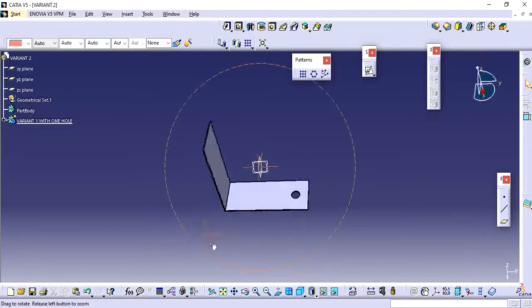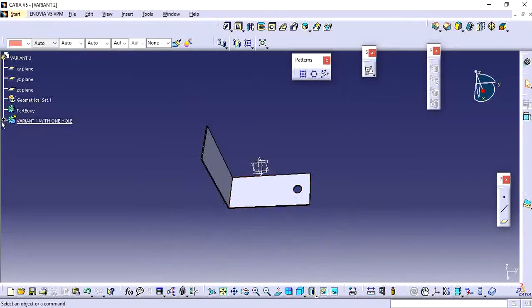So here I can create my one more circle sketch.